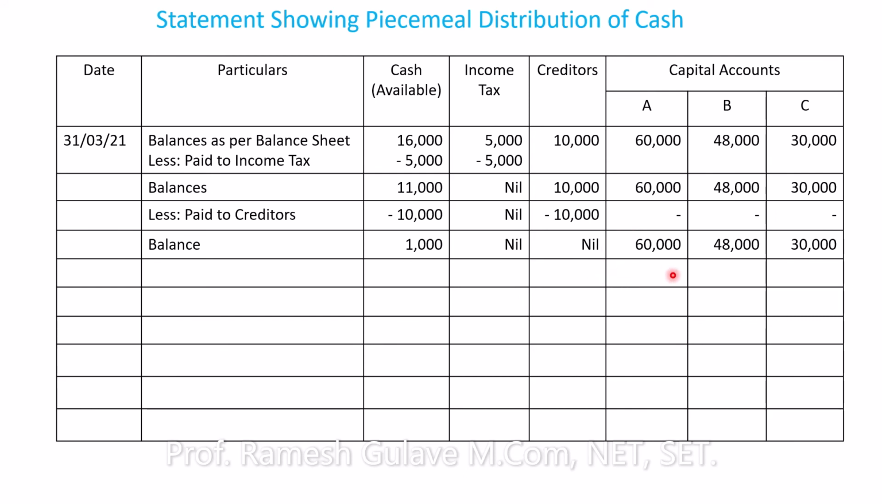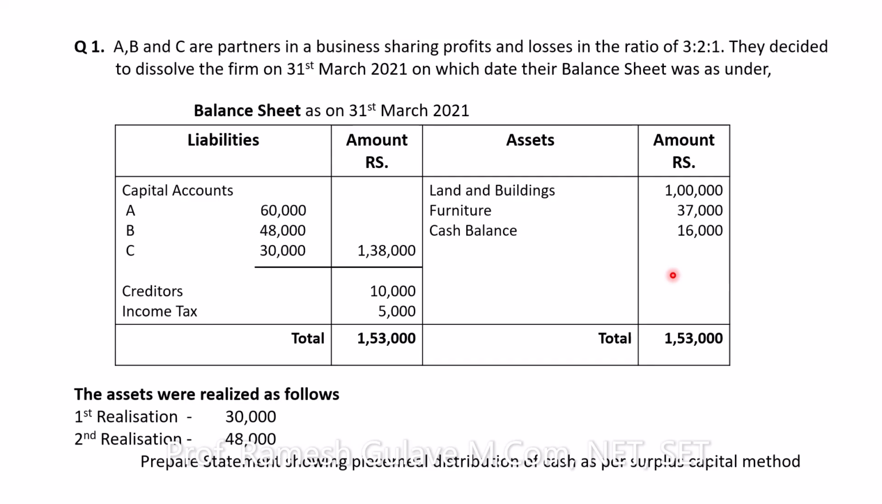But here, to distribute this amount, we have to follow either the surplus capital method or the maximum loss method, right? To make payment to the partners. So now let us look at the question. On the screen, you can see the question, and at the end of the question, it is mentioned to prepare a statement showing piecemeal distribution of cash as per the surplus capital method. So it means for the payment to partners' capital, we have to follow the surplus capital method,